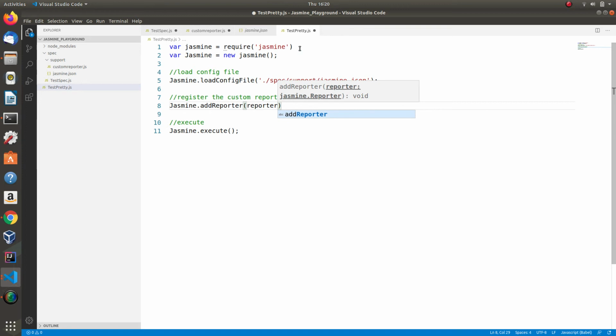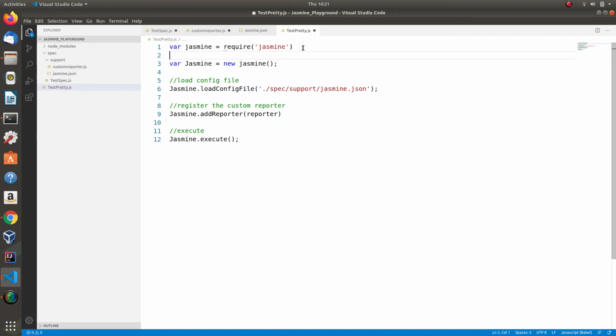Cool. So obviously it's not going to work for the simple reason that we need to import that custom reporter which we just wrote, right? So the way we're going to do that is we're going to say var reporter equals require. So that's under spec support, right? So we're going to say spec support. So we have a reporter, and that's what we are registering here. So this should be fine. Let's see what happens if we run this. Saving it,